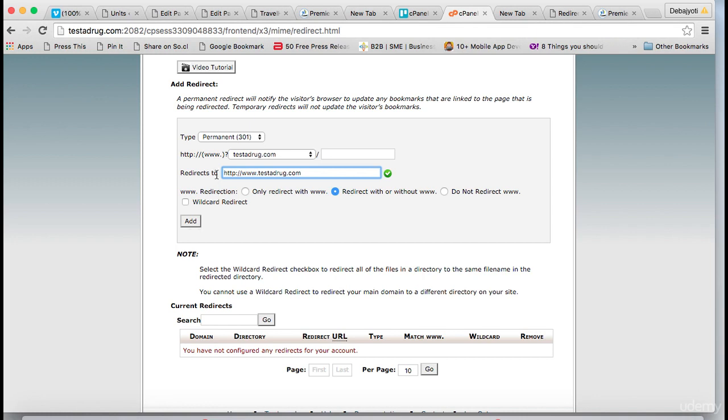So you have to select the type, then you have to select the domain name, and then you redirect it to the actual URL you want to write here, and you select this redirect with or without www, and then you click on add. Automatically, in your .htaccess file, this rule would be written so that your http testedrock.com should